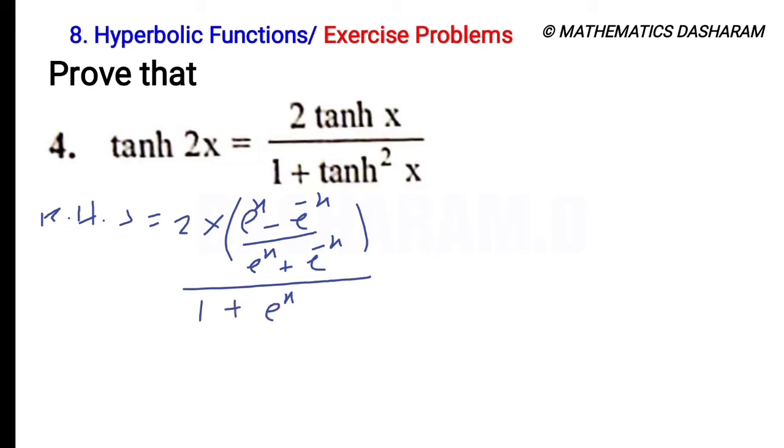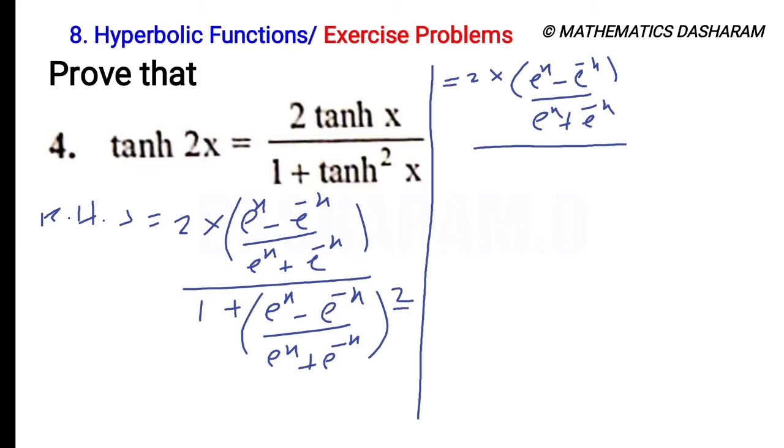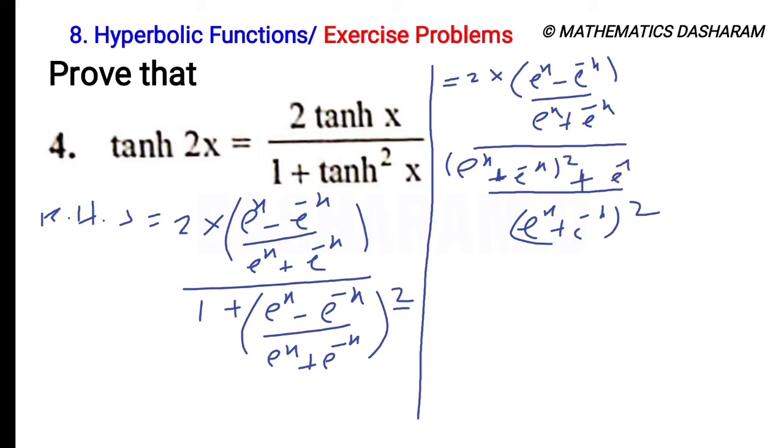So e to the power of x minus e to the power of minus x by e to the power of x plus e to the power of minus x whole square. So here apply the square for numerator and denominator. So then the LCM will become (e to the power of x plus e to the power of minus x) whole square. So at the place of 1, (e to the power of x plus e to the power of minus x) whole square plus (e to the power of x minus e to the power of minus x) whole square. So then it is equal to,